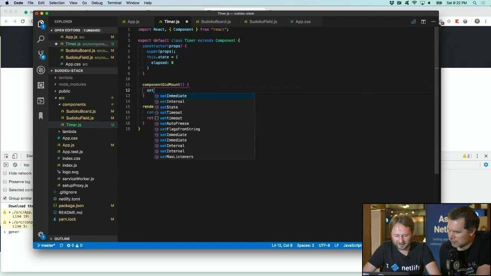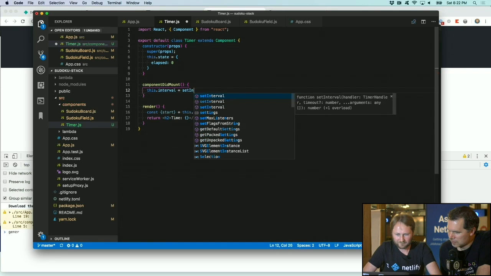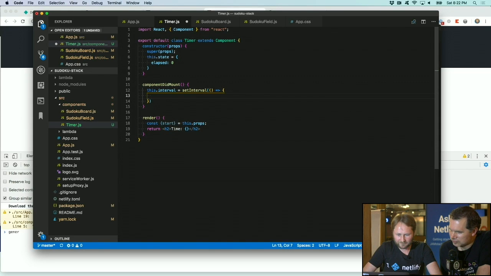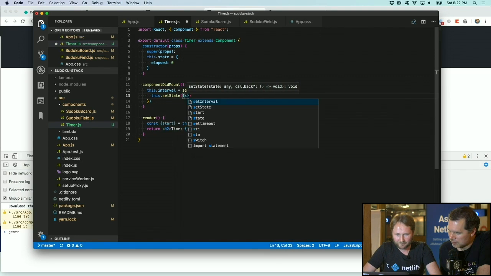When it mounts, we'll keep some reference to it and say, just good old JavaScript, setting an interval. Here we go. Using set state to just say elapsed is now